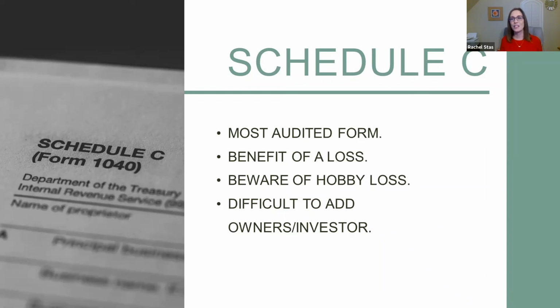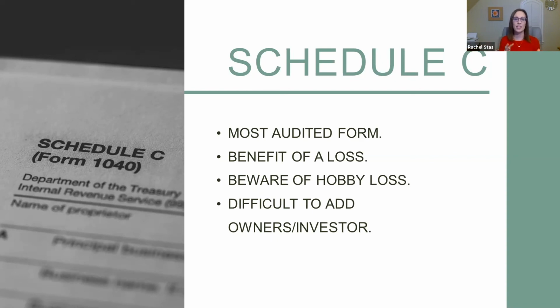And so they have now instituted a rule of hobby loss. It's like, oh, I like taking photos, so I'm going to call myself a photographer, but really it's a way to expense my hobby of all my camera stuff and have a better tax return. The IRS is aware that people do that. So a hobby loss can get triggered, and the IRS can stop you, if you are showing a loss more than 2 out of the last 5 years. The overwhelming rule is that you need to show profit 3 of 5 years.